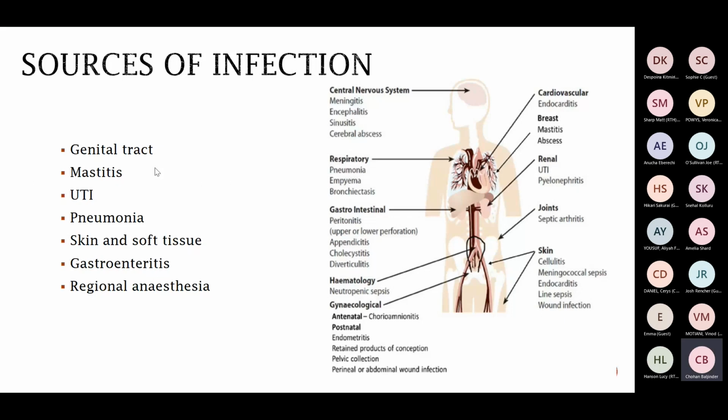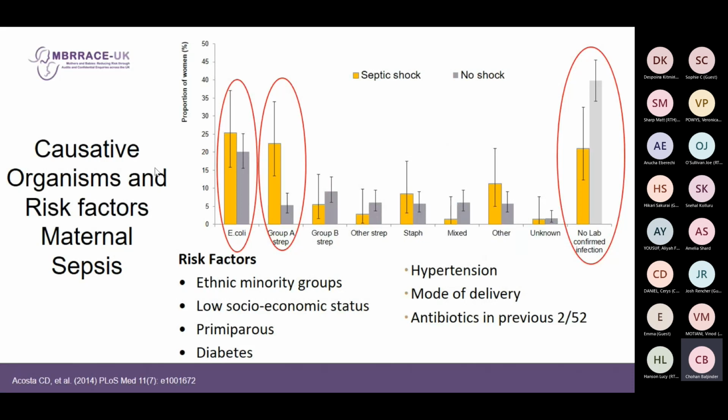Now, we've already spoken about some of the bugs which are involved in sepsis. So we've spoken about group A strep, but E. coli is up there actually. And I remember at a recent perinatal M&M we had a couple of months ago, there were a couple of babies that had been infected with E. coli as well. So it seems to be making a bit of a comeback, but it's something to be aware of. Always check the sensitivities for any cultures, which a lot of the time we don't really get culture results back, do we? But when we do, just make sure that the patient's on the right antibiotics, which are sensitive to that bug.